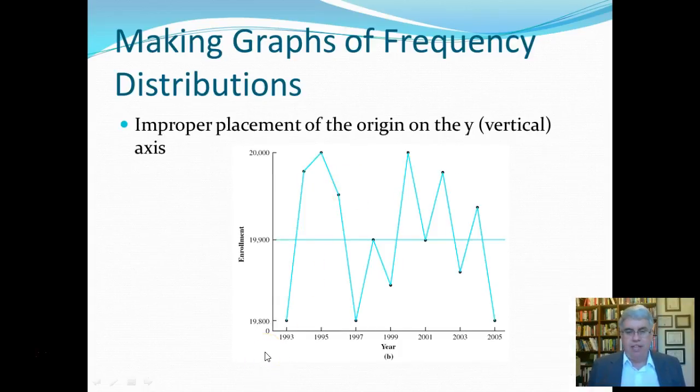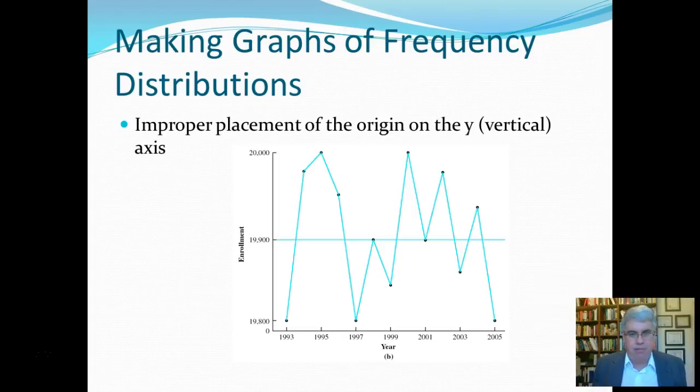Here we have the exact same data, but the gap between 0 and 19,800 is very, very small. So it goes from 19,800, 19,900, 20,000, and when we graph the data this way, it looks like it swings wildly up and down. And this could be used by faculty that are against the president to say, oh, this president is incompetent. We can't plan anything. There's too much variation in the student population. Look at how things are. This is such a chaotic university. We've got to get rid of this president. But we know from the previous slide that that's not true.